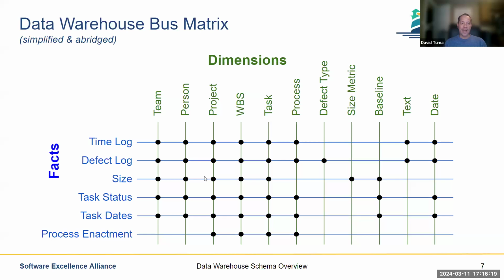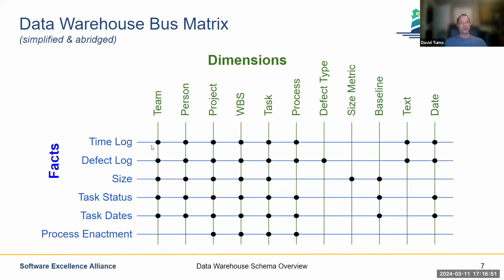So our facts might be something like time, size, and defects. Those are all obvious things that would jump out at us as facts we'd want to capture on a TSP project. And then these are the dimensions: the team, the person who collected it, the project it was a part of, where in the WBS it was, et cetera. And then in this matrix, we can show which fact tables use which dimensions. So the time log